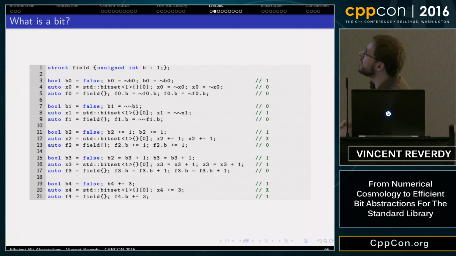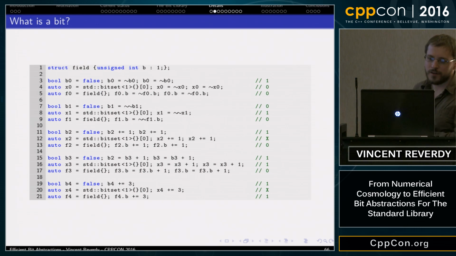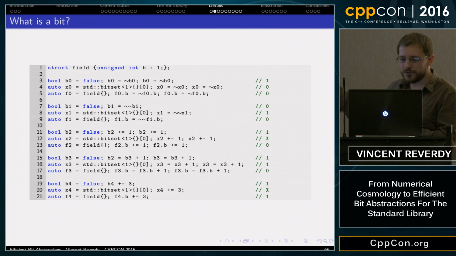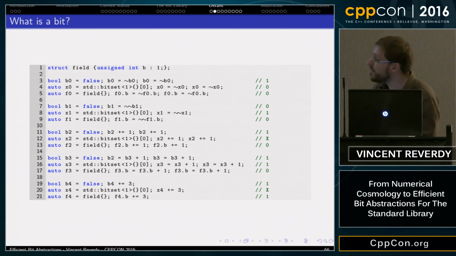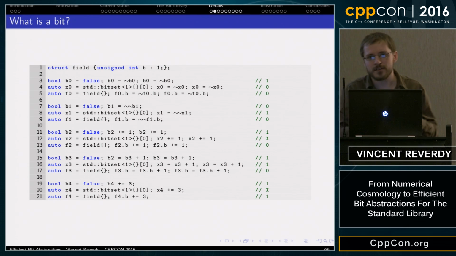And currently in the standard, it's actually a mess, because if we compare the results, the behavior of a Boolean, a bit set reference, and a bit field, it leads to different results for some operations. Some of them don't even compile, where it's the line where I put X, but for some operations, the result is not the same. So already in the standard, we don't have a clear agreement on what a bit is.